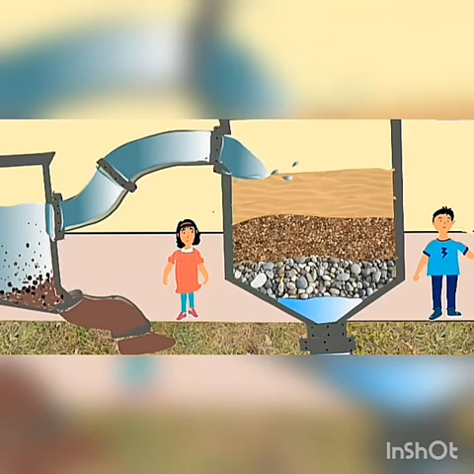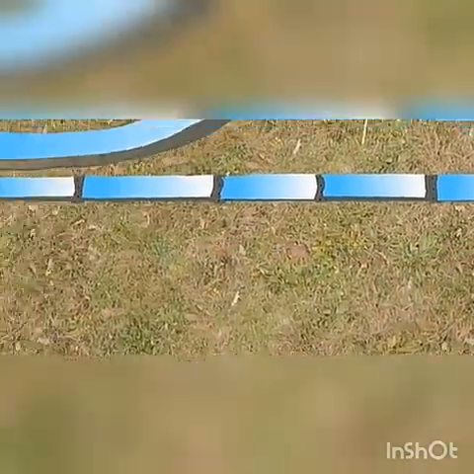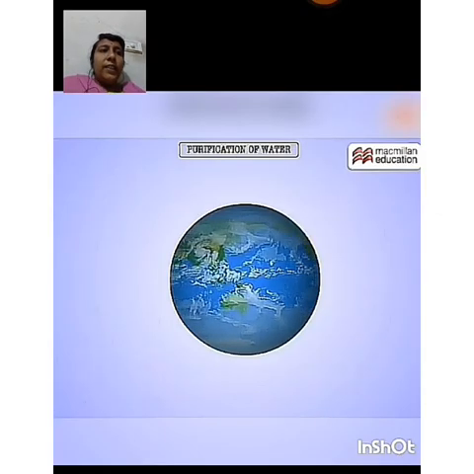Yay! The water is now stored in huge water tanks or reservoirs. It is then run into pipes that reach our houses. So when you turn on the tap, the water gushes out. Wow, that's so cool! Hope you enjoyed this video and learned some fun facts about how Earth is a watery